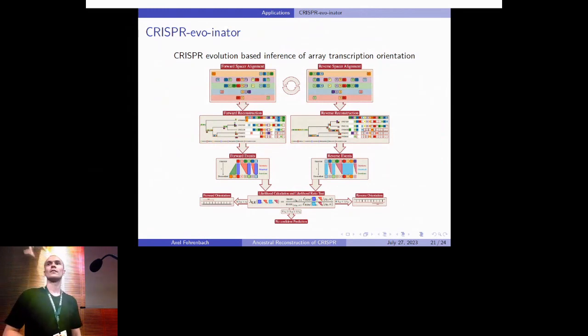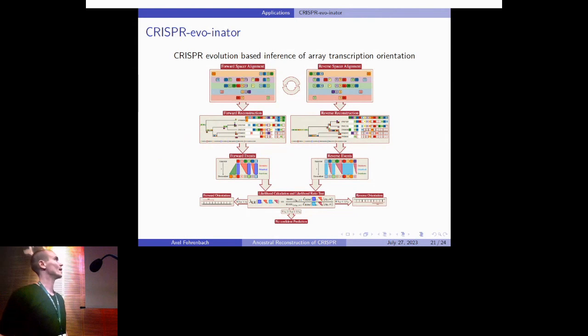our model twice. So we start with the forward direction, the one we got it in, run the model, extract the events, and compute the likelihood under the block deletion model. And the second part is we just reverse the alignment, do the model again, and compare these likelihoods against each other. And then you have to estimate some threshold that you can use, but then you can make a